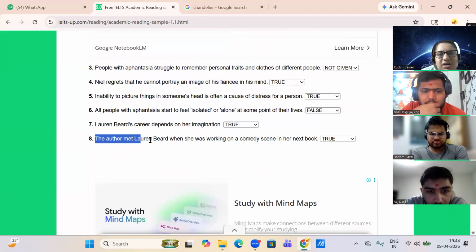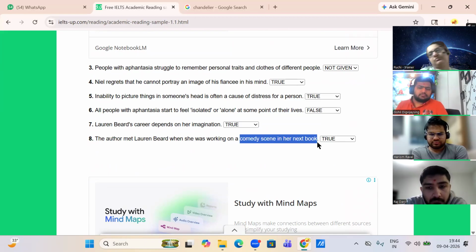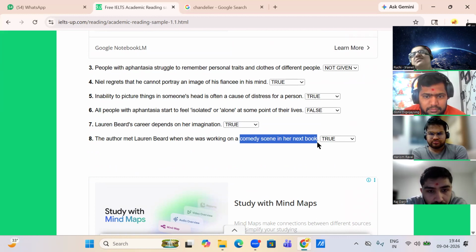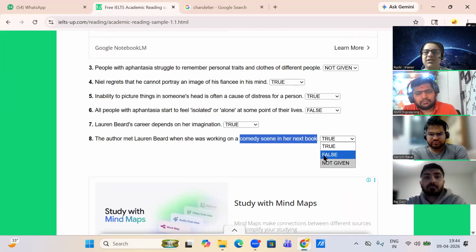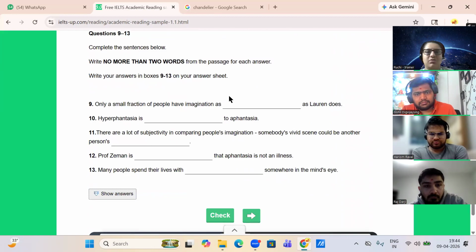ये तो चलो Not Given है कि ऑथर को लॉरेन मिली, ये पार्ट ट्रू है, ऑलरेडी ट्रू है, पर ये पार्ट ट्रू है कि फॉल्स है? False. तो आधा सेंटेंस ट्रू लग रहा है, आधा सेंटेंस फॉल्स है, तो क्या लिखोगे? False. ठीक है, देखेंगे। ओके, चलो, ये मैं थोड़ा सा आपके ऊपर छोड़ती हूँ सो दैट वी कैन ट्राई ऑन आवर ओन ऑल्सो।